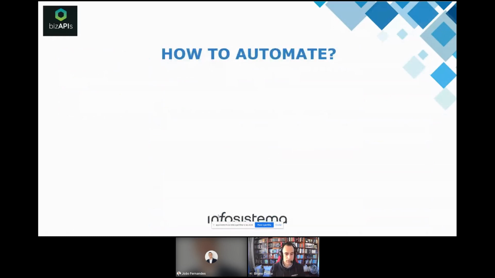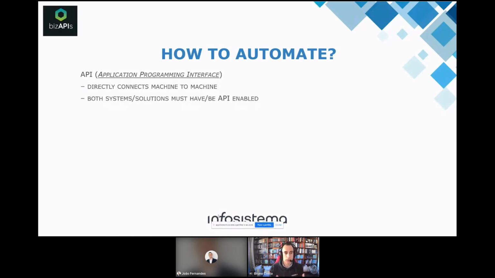In a regular company, when you are automating, the best option is to do it through APIs. What are APIs? Application program interfaces. Basically, they consist of having one machine talking to another machine. So both solutions have to be, let's say, API enabled to be able to connect so machines can talk to each other.